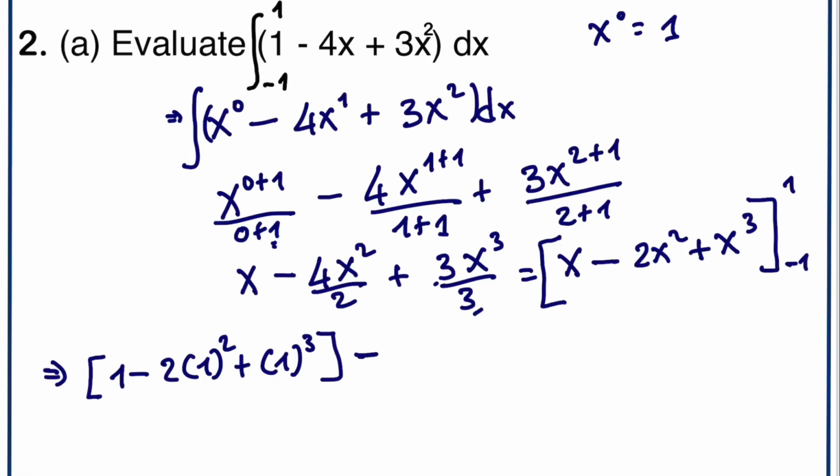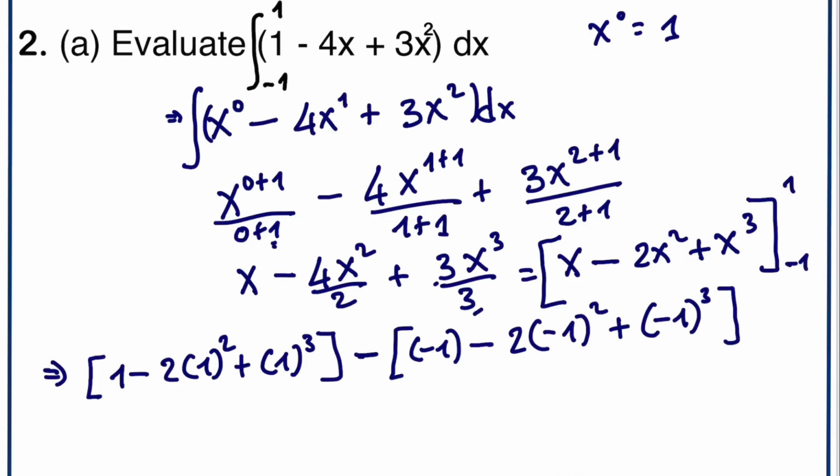Then minus, next we need to plug in minus 1. So this will be minus, minus 1 minus 2 times minus 1 squared plus minus 1 cubed. So if we simplify this, 1 squared is 1, minus 2, plus 1, minus